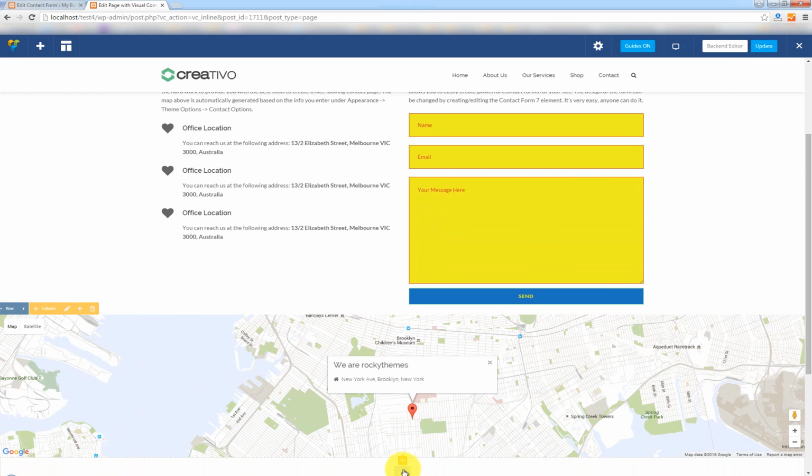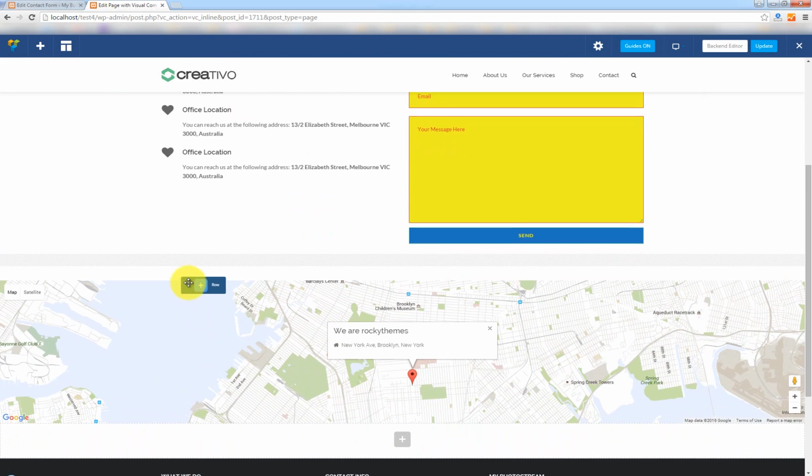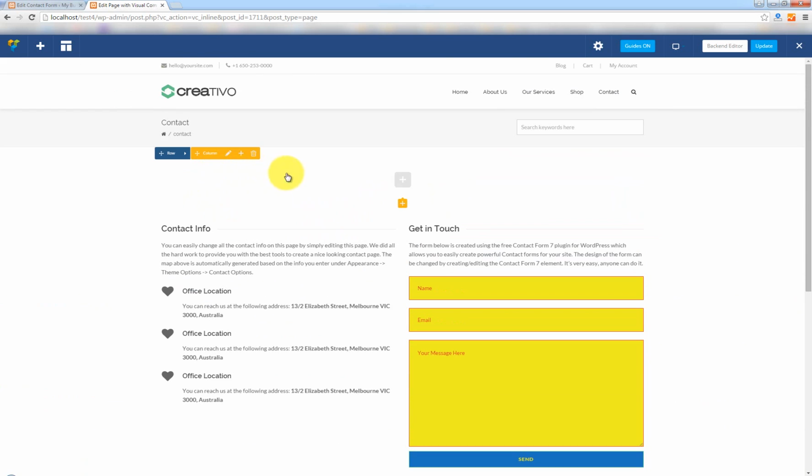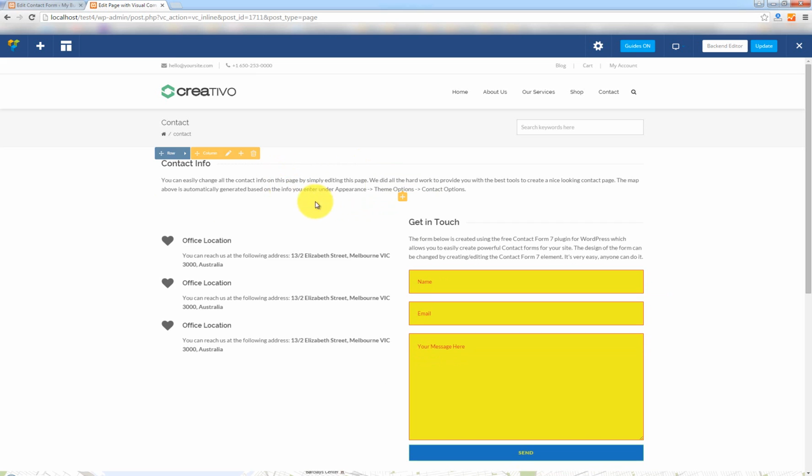let's add a new row element. And I want to drag this element to the top. Okay. I want to add all the items that we have here. The title, okay, the text block,